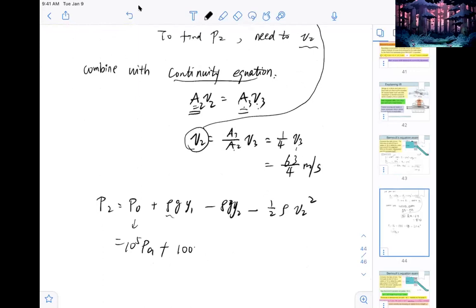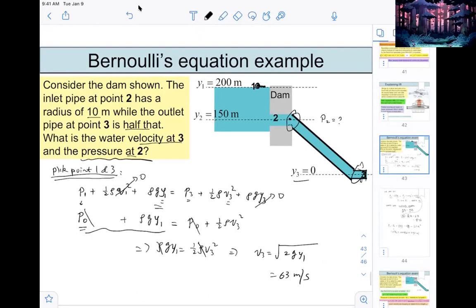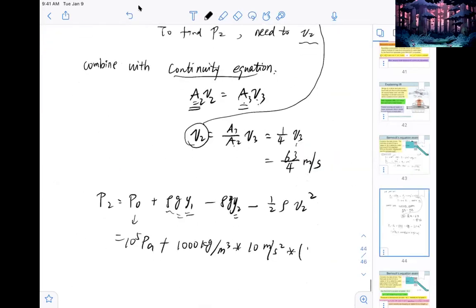Rho is 1,000 kilograms per meter cubed. G, a lot of times we can just use 10 instead of 9.8. Y1 minus Y2: Y1 is 200, Y2 is 150. So it's going to be this much meters